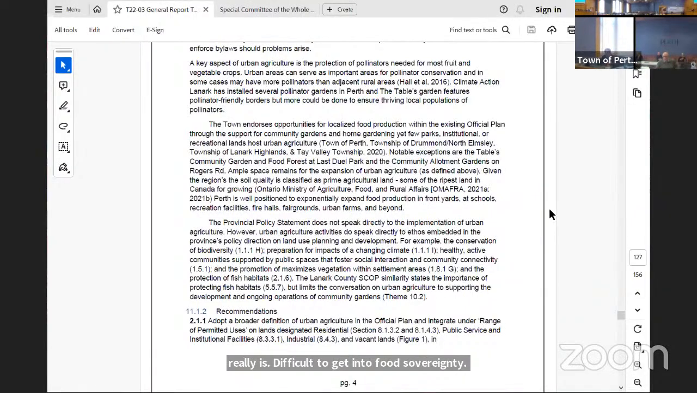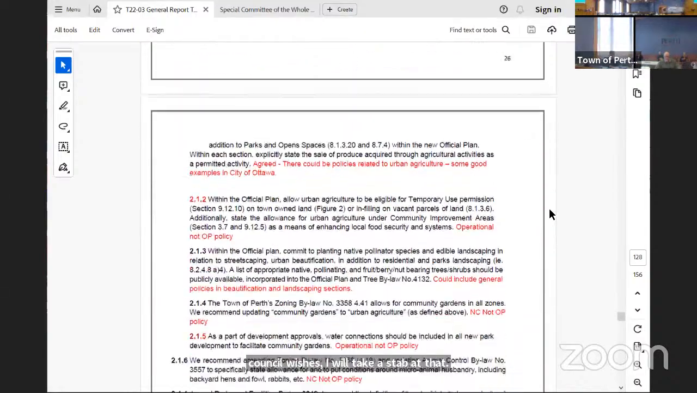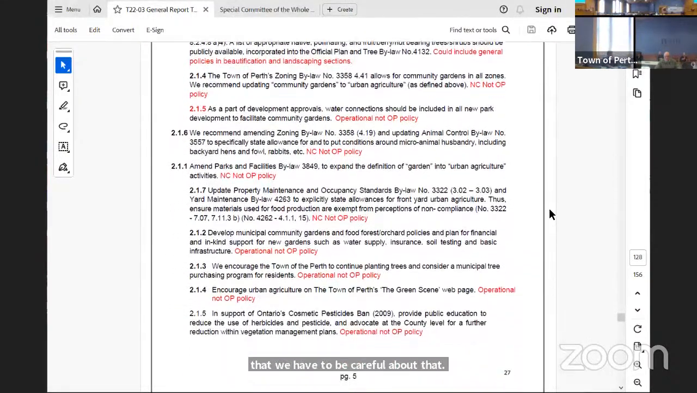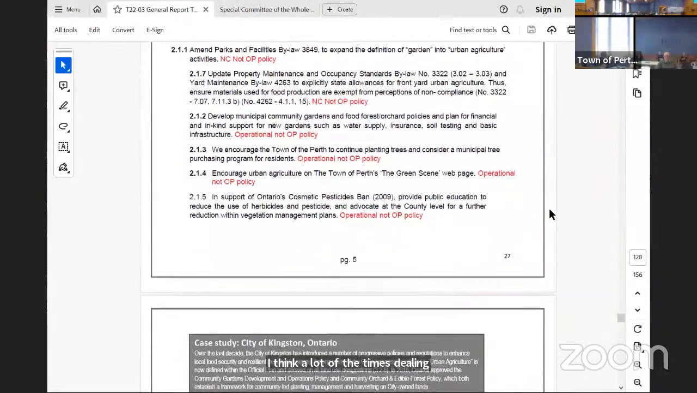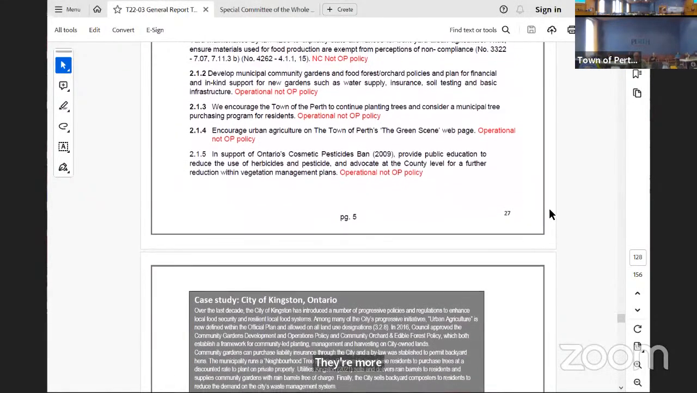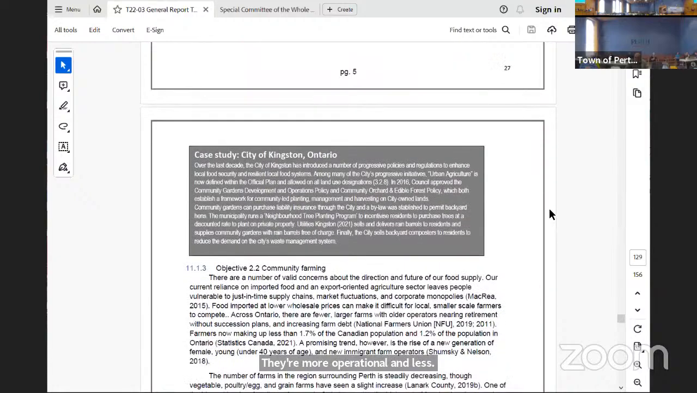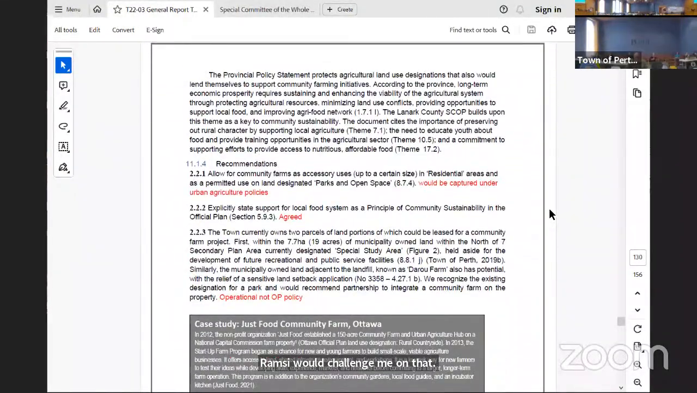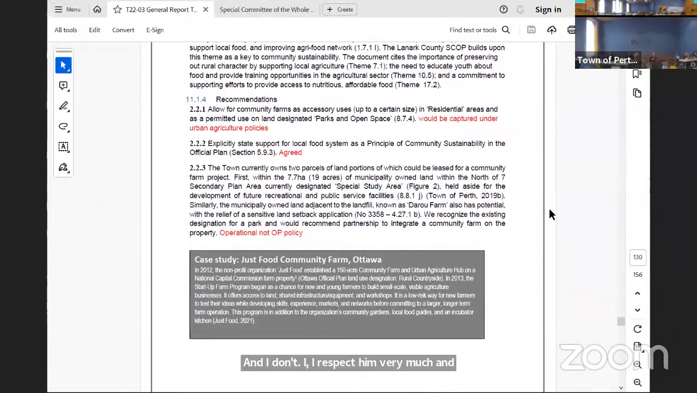The other elements they've talked about are things like not allowing fast food close to schools. I don't know how you write that kind of policy. It's a challenging area to get into. Again, if council wishes, I will take a stab at that, but I think that we have to be careful about that. I think a lot of the times dealing with these things, they're more operational and less policy, but I'm sure Ramsey would challenge me on that. And I respect him very much, and anyway,